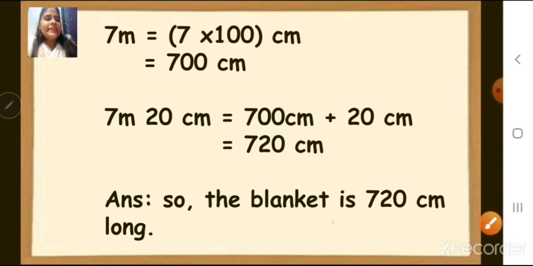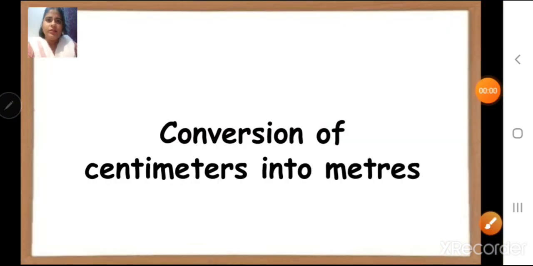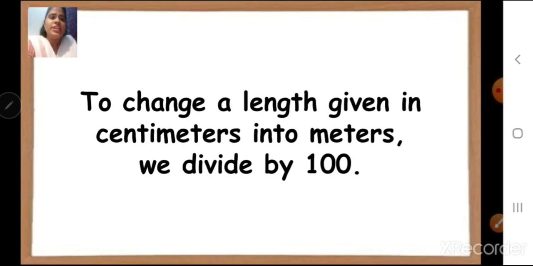So the blanket is 720 centimeters long. Now let us see the conversion of centimeters into meters. To change a length given in centimeters into meters, we divide by 100. Children, from meters to centimeters, we multiply by 100, and if we want to change from centimeters to meters, we